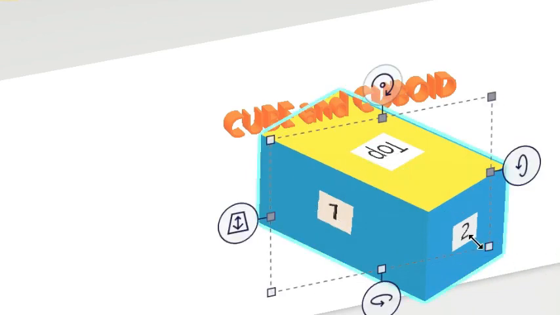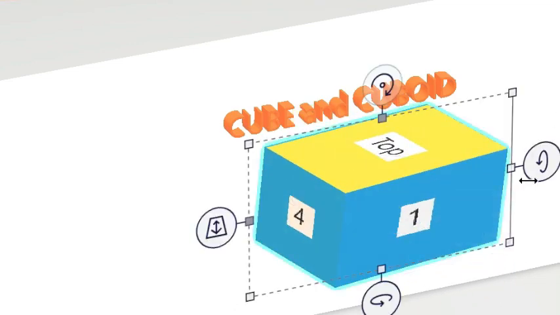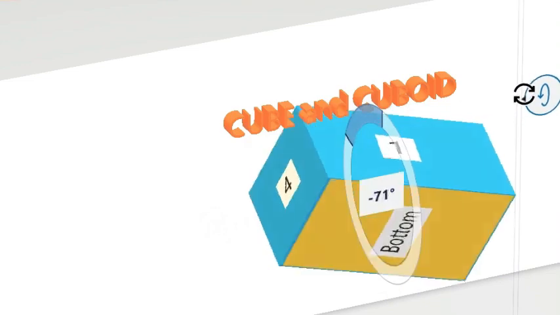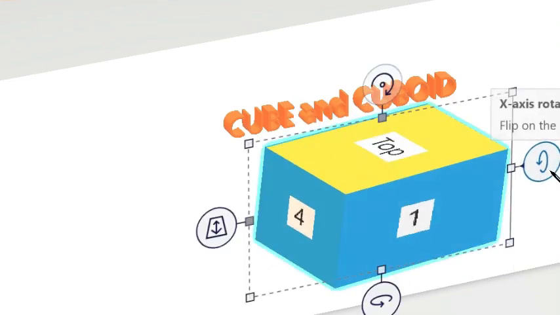Similarly 2 and 4 have equal areas, and the top and the bottom also have equal areas. Okay, so if we need the lateral surface area, we can say that area of 1 plus area of 2 plus area of 3 plus area of 4, and then we can just